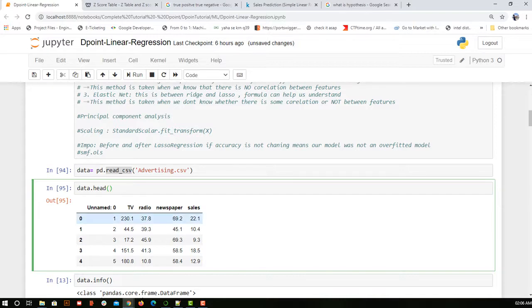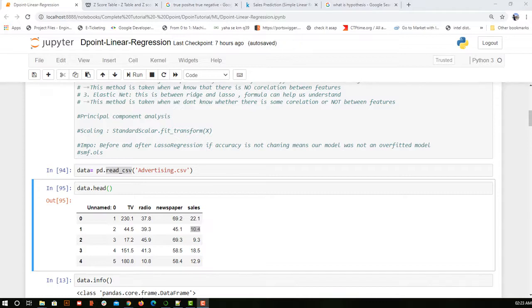Our intention is to figure out, if we invest this much on TV, 230.1, and this much on radio, and this much on newspaper, we get 22.1 as sales. Like this we have many samples for which we are given the investment in each category and the resulting sales. We need to consider this data to predict further data.